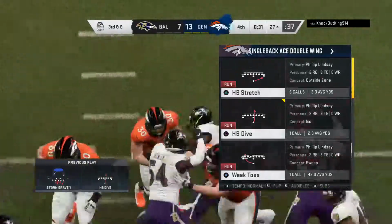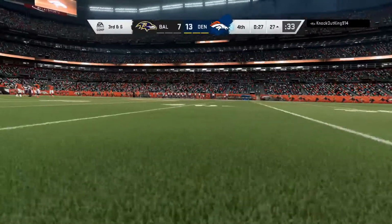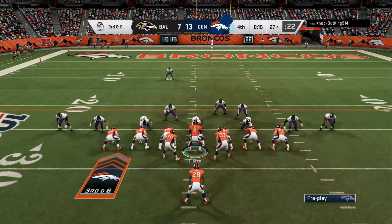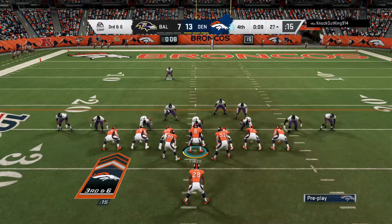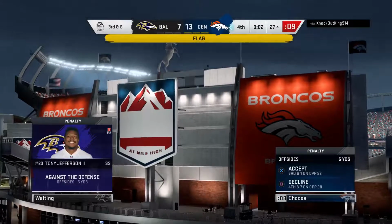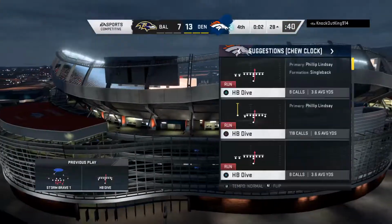It's 3rd and 6. I guess the simple question, why not just take a knee there? I don't understand either why you would take any sort of a chance. We've seen it happen in the game of football. Doesn't matter whether you've watched high school, college, or the NFL. Some people get a little greedy, try to get that extra running play in, and it can backfire on them. To a knee goes Flacco, and that should be it. So they lost yardage, and they...